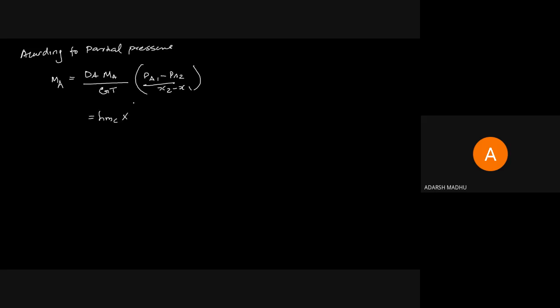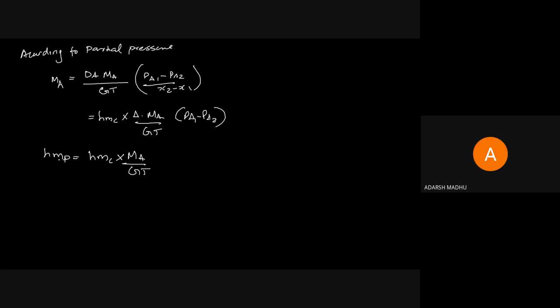HMC into area into MA by GT, PA1 minus PA2. And here HMP is related to partial pressure, that is HMP equal to HMC into MA by GT. HMC into MA by GT is